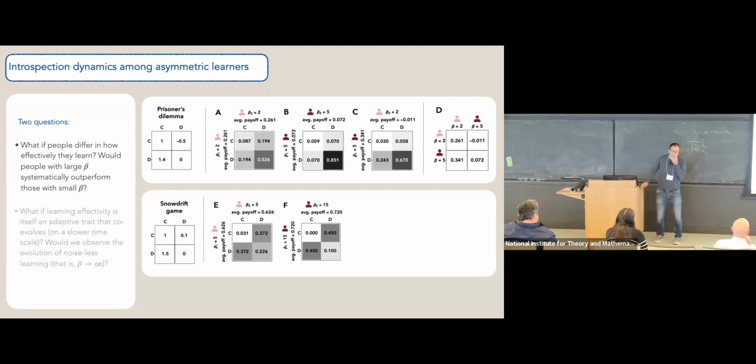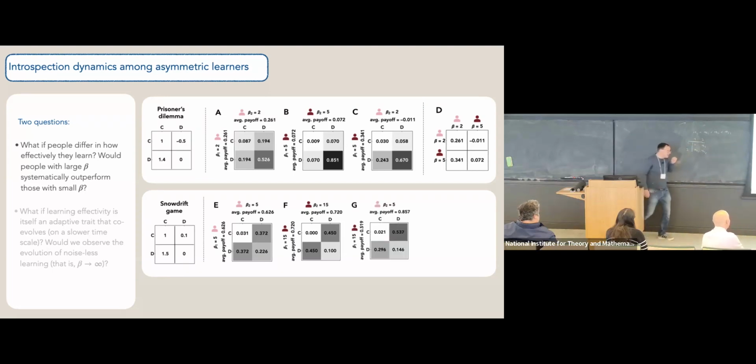So what do you think happens now if one player has a high beta and the other player has a low beta? They get the better end of the Nash. The one with the high beta gets the better end of the Nash equilibrium. Yeah, that's what you hope. It's not what happens. It actually turns out that, so here there is a player with a small selection strength. Here there is the player with the large selection strength.